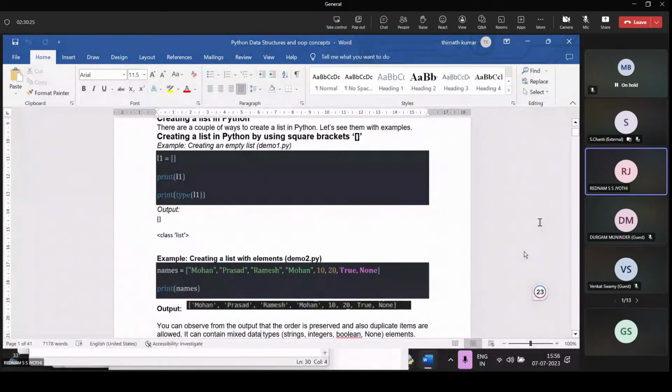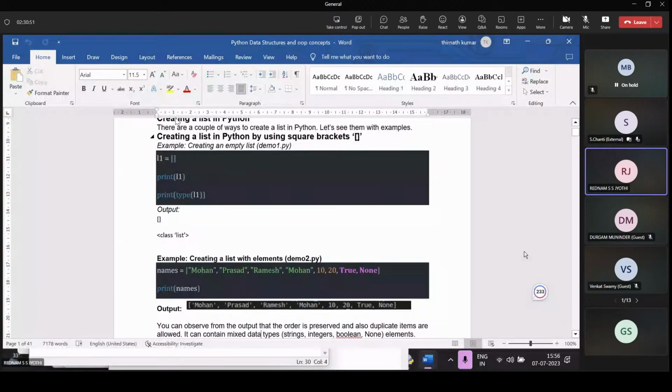So the first one is creating an empty list. If you want to create a list, there are two ways of creating it. The first one is a list enclosed with square brackets, with elements separated by commas. Another way of creating a list is the list function, list followed by parentheses.